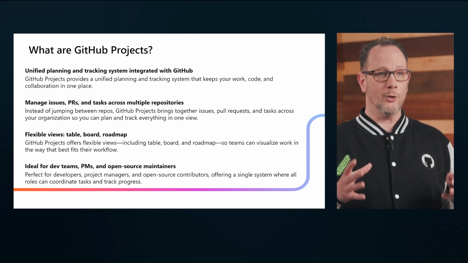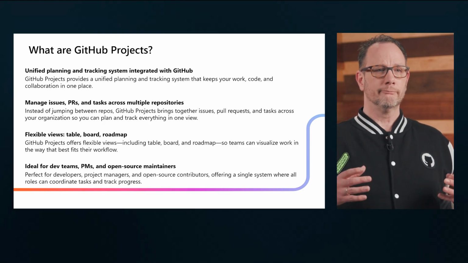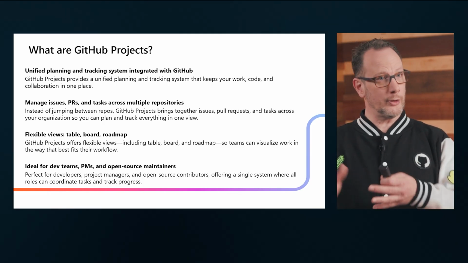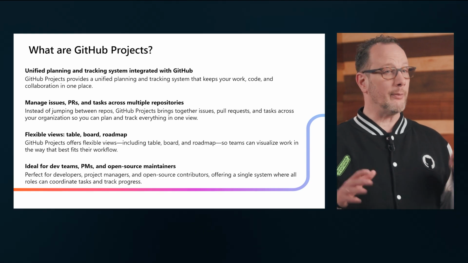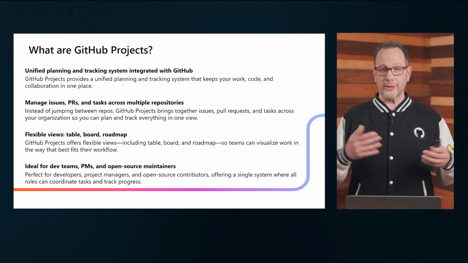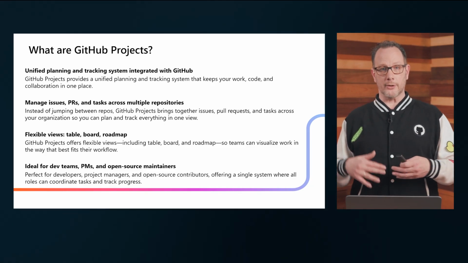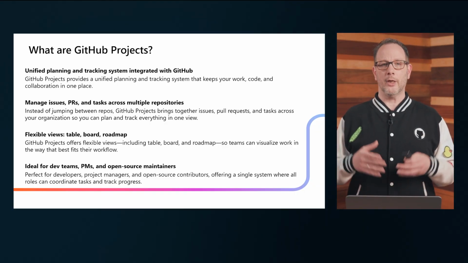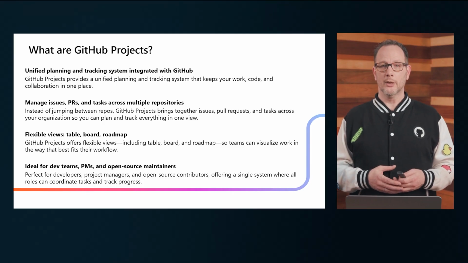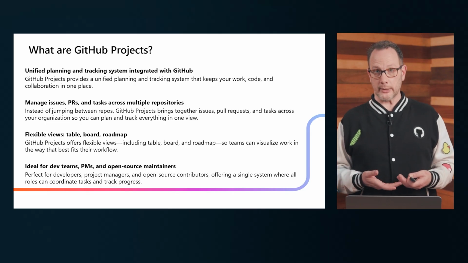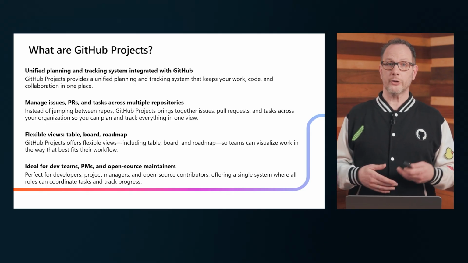Now, the starting point. What are GitHub Projects? Think of it as a planning layer on top of your repositories, one that brings together issues, pull requests, as well as tasks from anywhere across your organization. Instead of bouncing between different repos to understand the status of your work, Projects lets you visualize everything in one single central place. It's designed so you can track progress, immediately spot bottlenecks, and align your team's efforts without losing